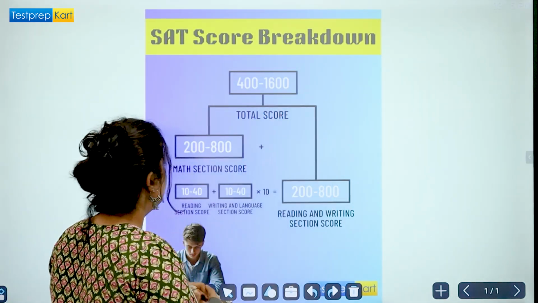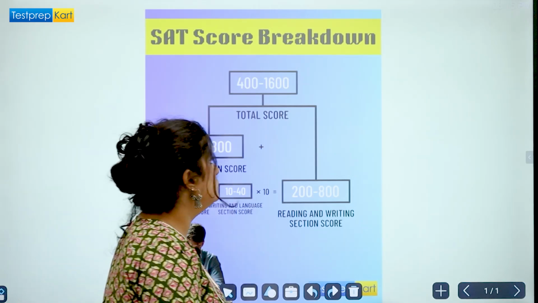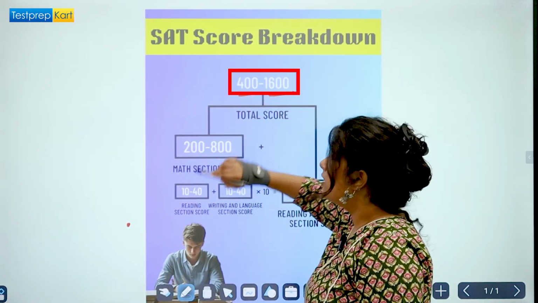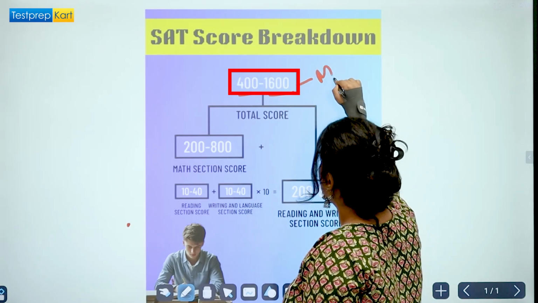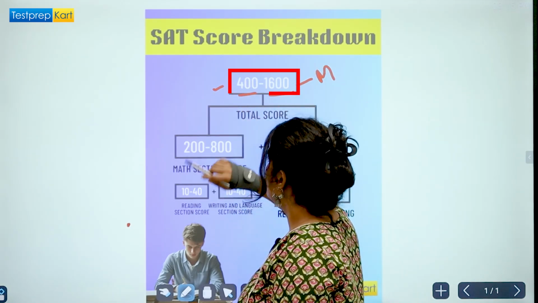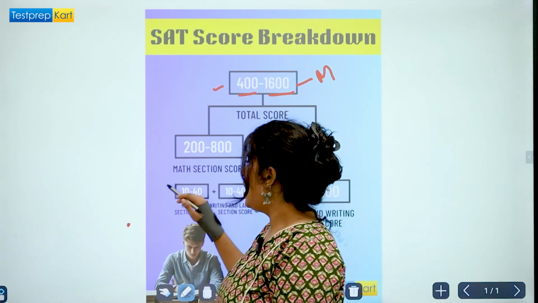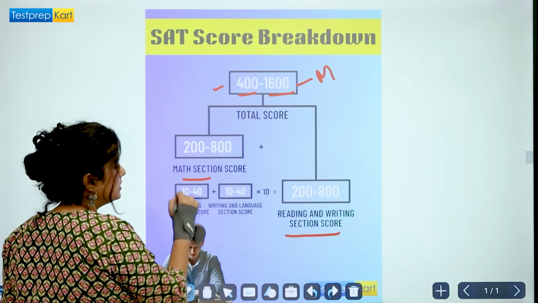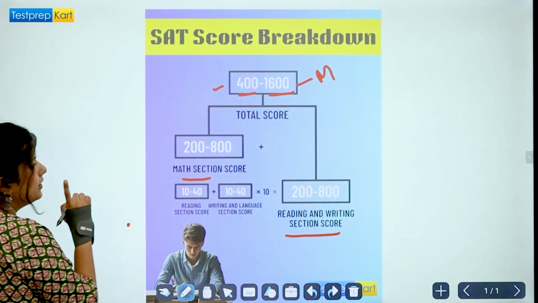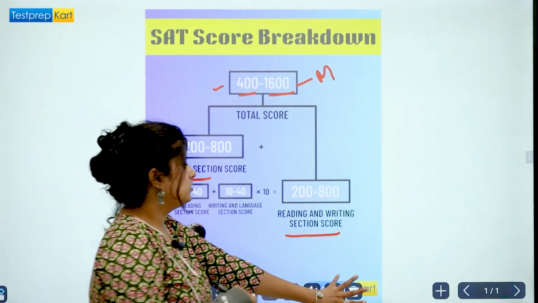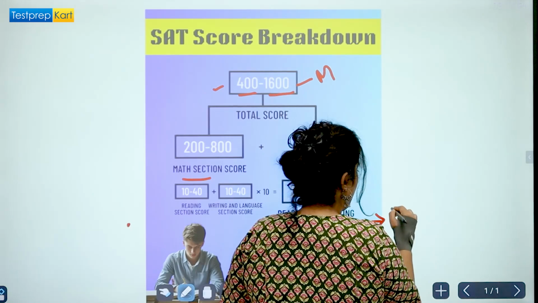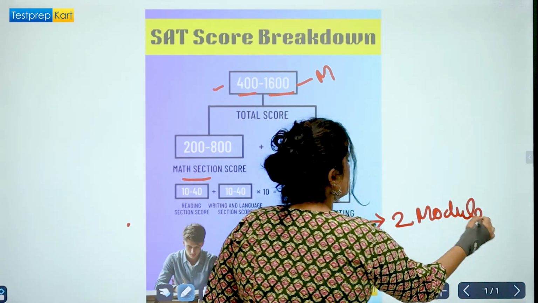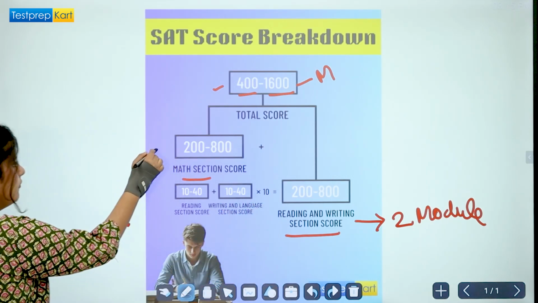So first of all, as you all know, SAT is scored between 400 to 1600. This is the maximum and this is the minimum. It is divided into two sections: math section, and reading and writing section. In both the sections, the reading and writing section and the math section, we have two modules.